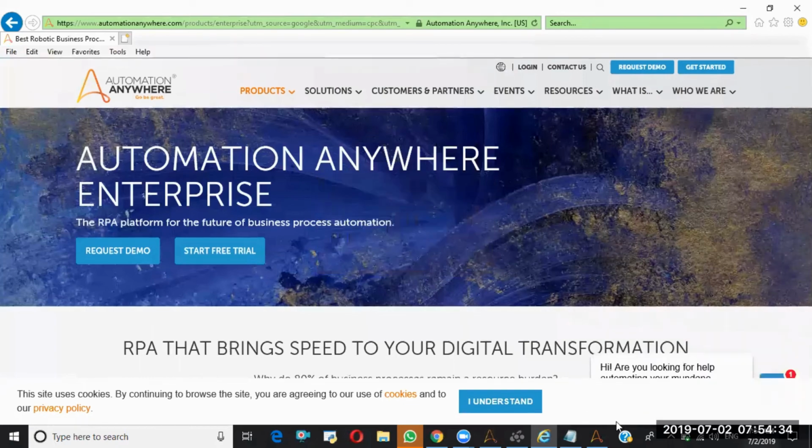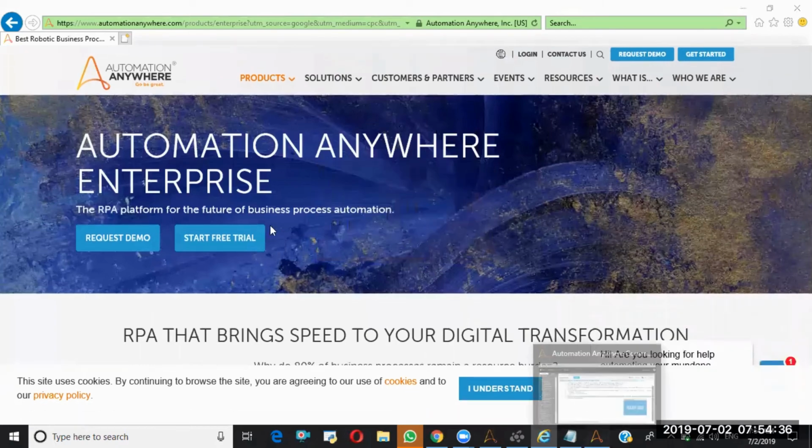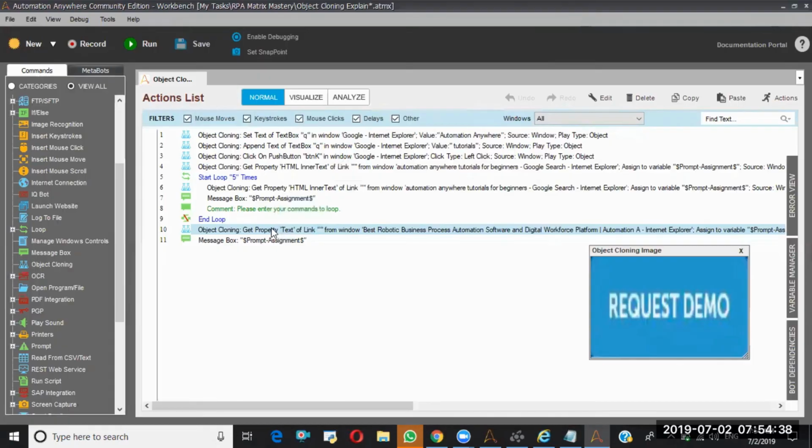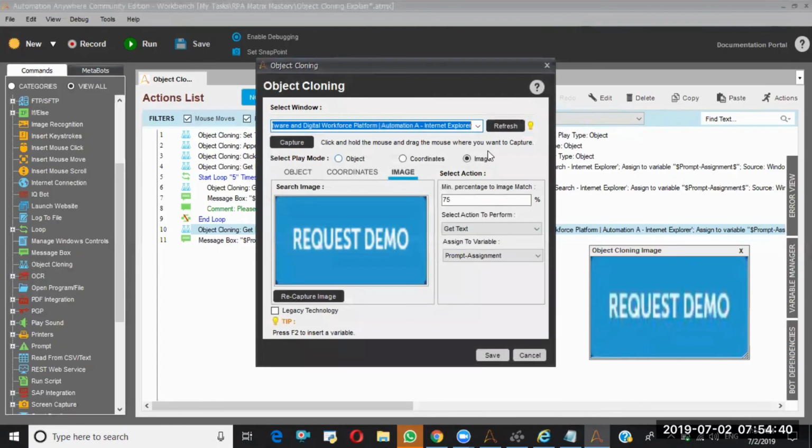So basically you will rely on the object play mode. If it is not working for you as expected, you will go with the image. So most of the times you won't go with the coordinates because that is not a guaranteed one. But if both things are not working for you, then try the coordinates, and if that is working as expected in your scenario, then well and good.